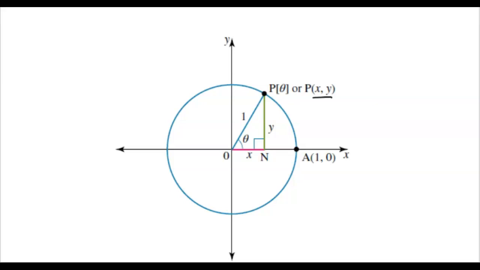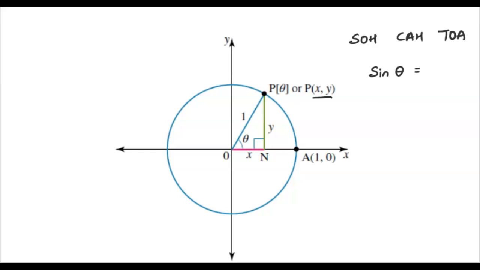Now if I apply my basic trigonometric ratios, sine, cos and tan, which we can easily remember by SOHCAHTOA, to this triangle ONP,